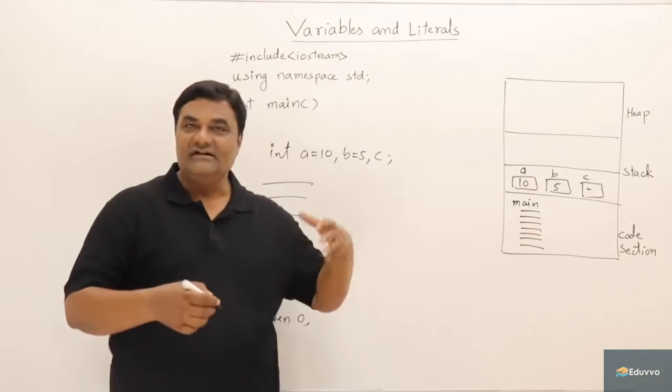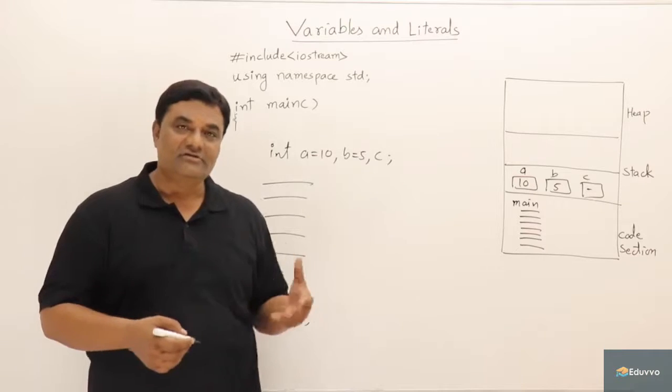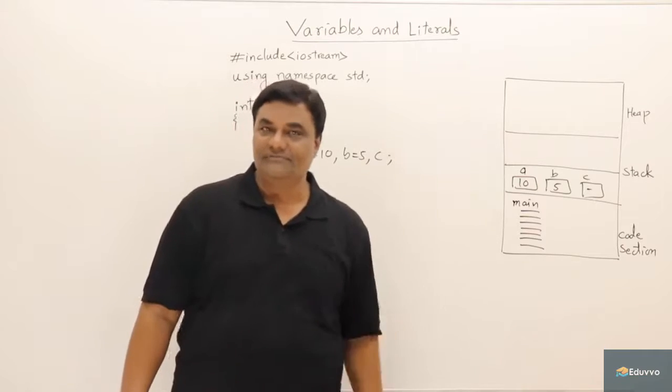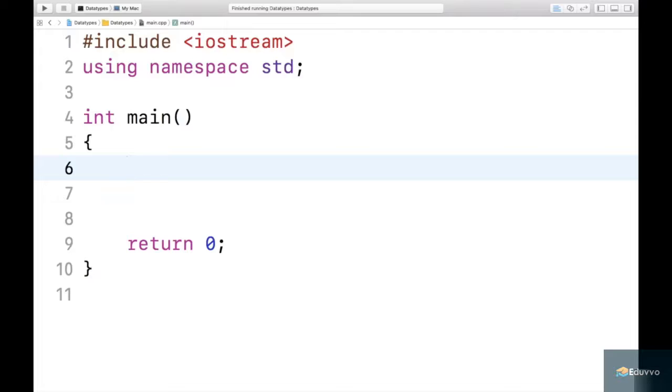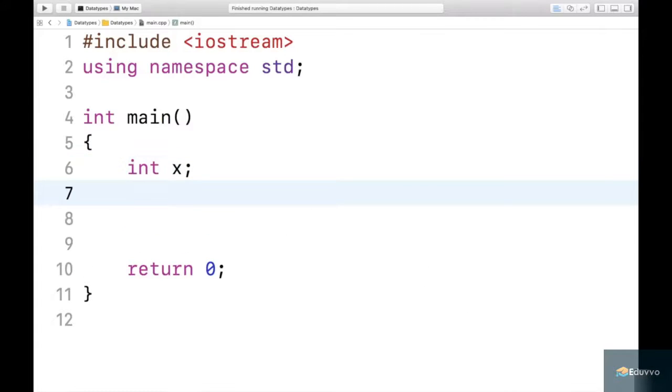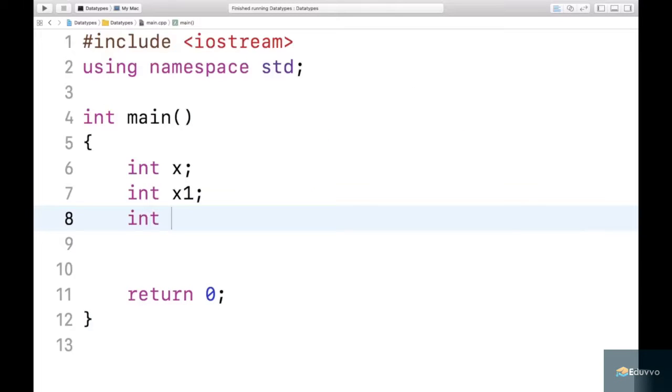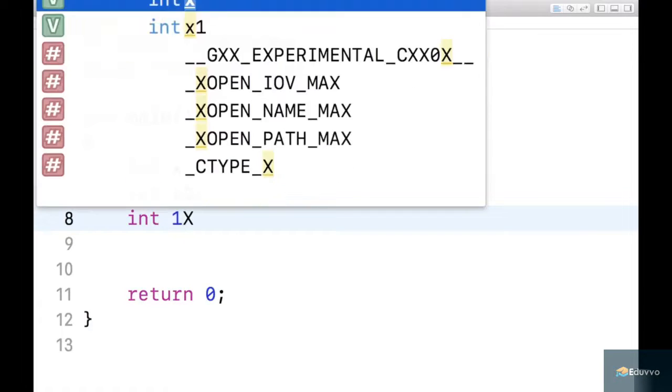I will just write the code and show you what the literals and variables are. Practically I will show you. Let us talk about variables and see how we can declare them. I have already kept a skeleton of a program ready here. I will declare some variables. Let us say I want to say integer x. This is valid. Integer x1. This is also valid. Integer 1x